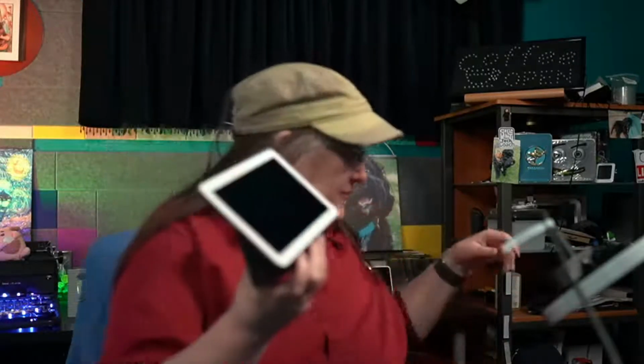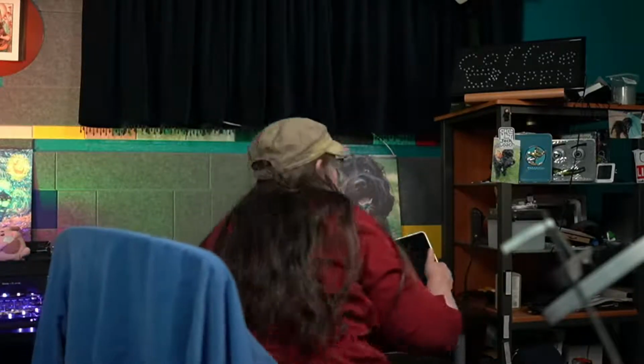So there was this size, and then, let me see one. This one's a little bigger and heavier. So that was the original Nest one. And then this one